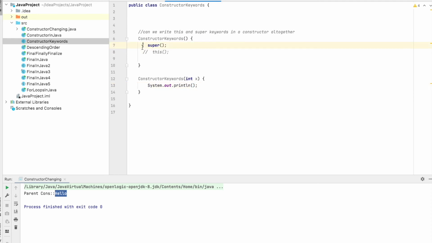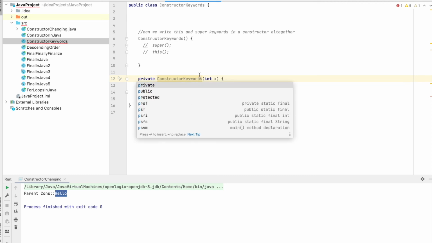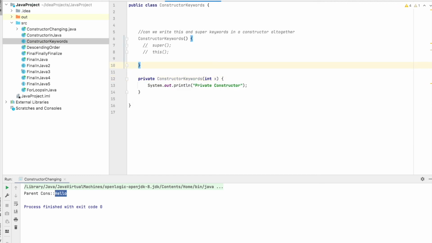Let me just close this one. Private constructor. The first thing we know is that it will not give us any compile time error. We can create this constructor as private.